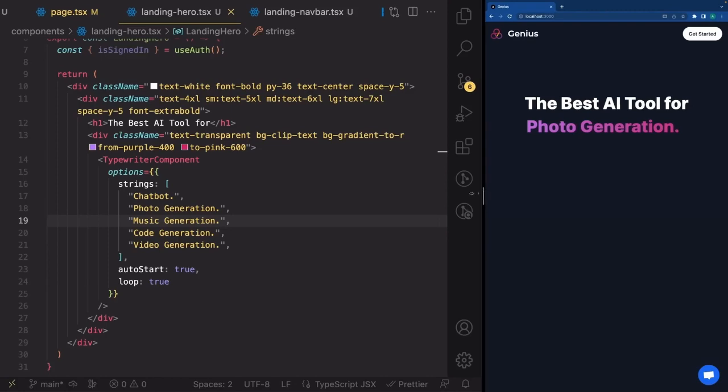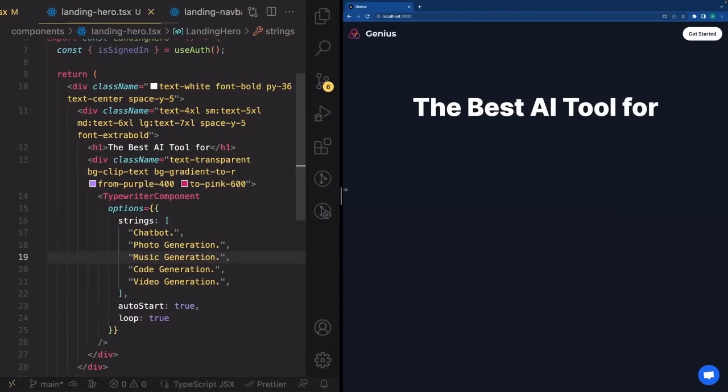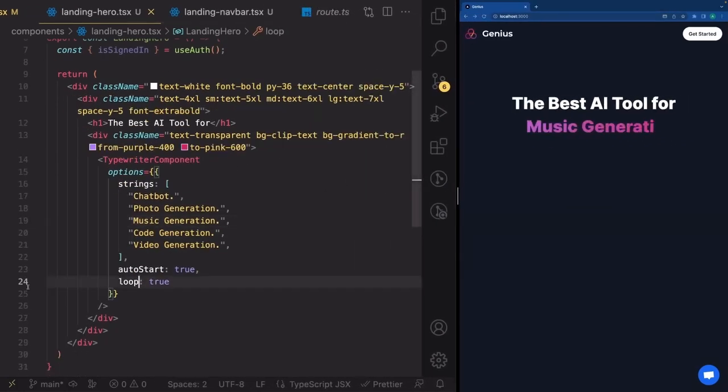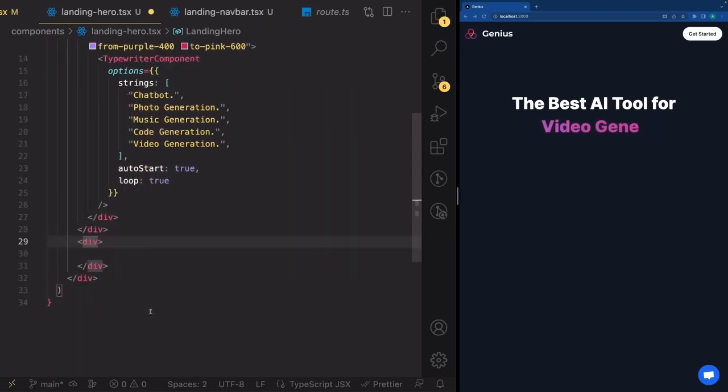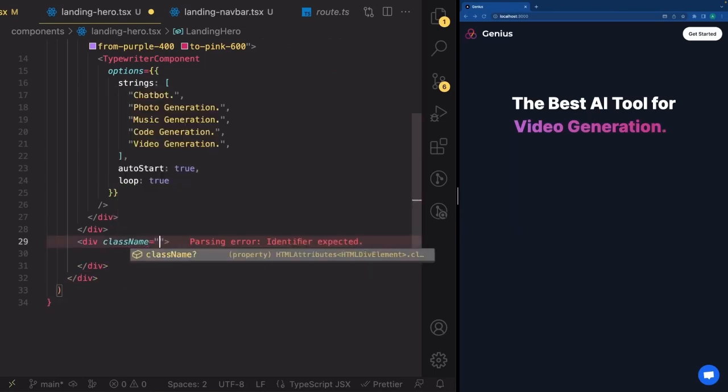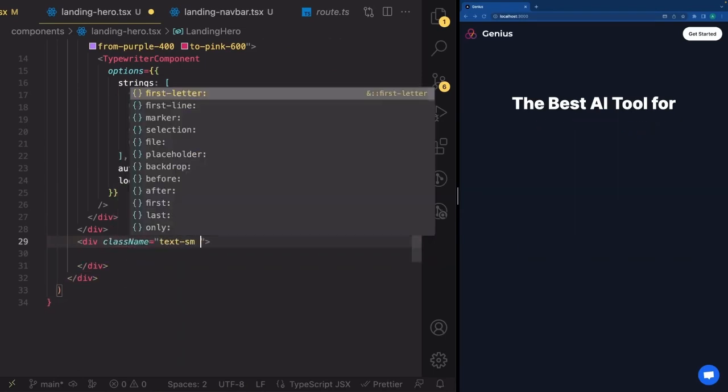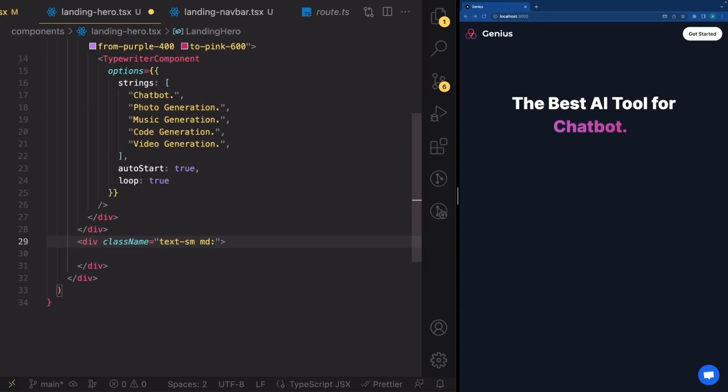And it changes with all of the features that we have in our application. Great. So really neat component here. Now just go ahead outside of this div right here. Create a new div right here with the class name of text-sm on small devices, but on medium it's going